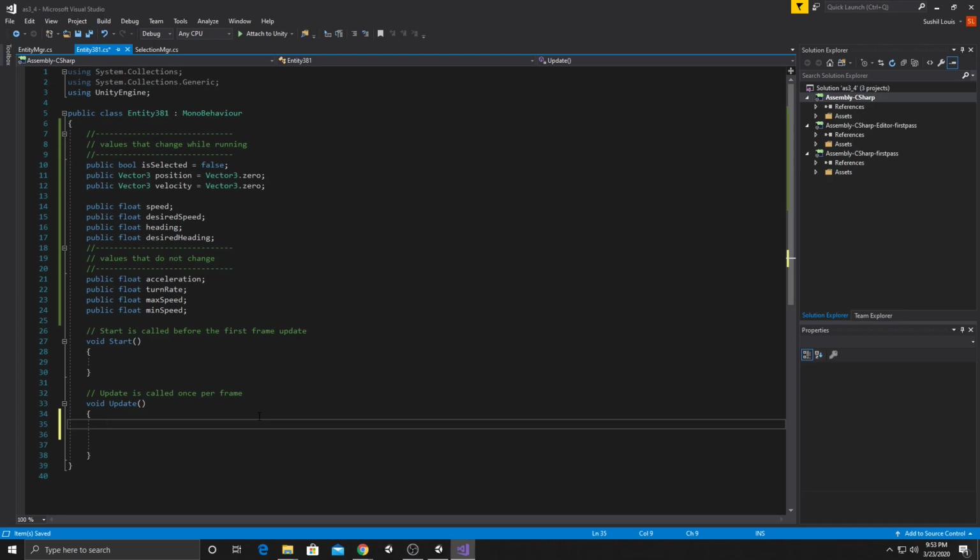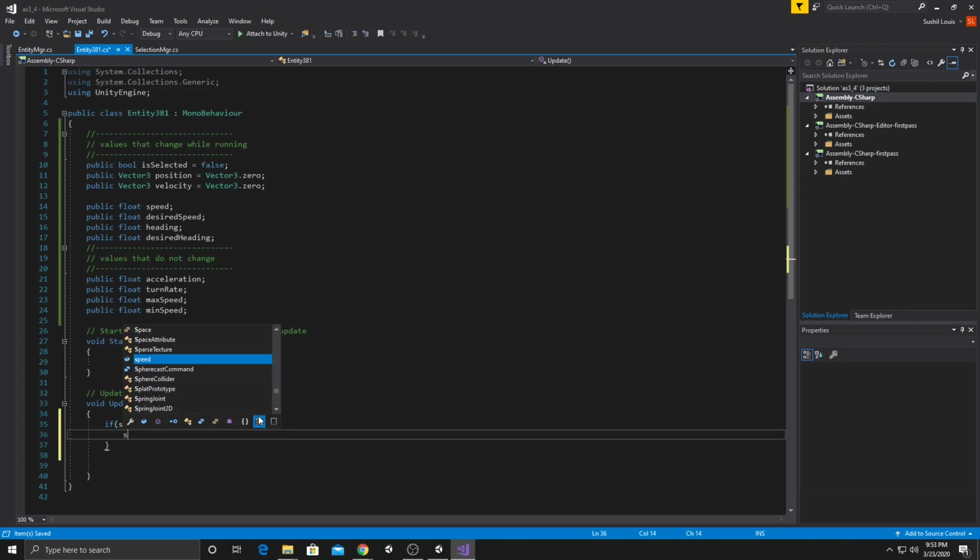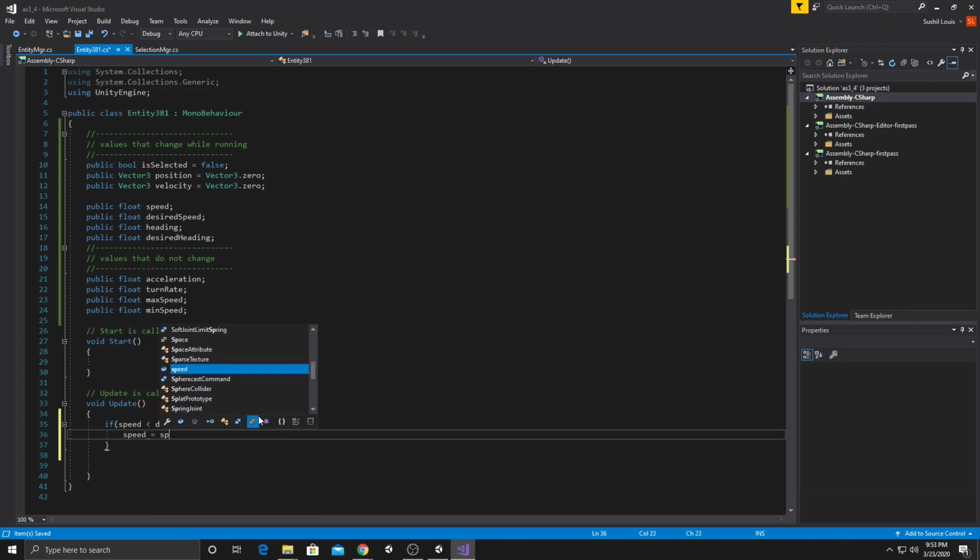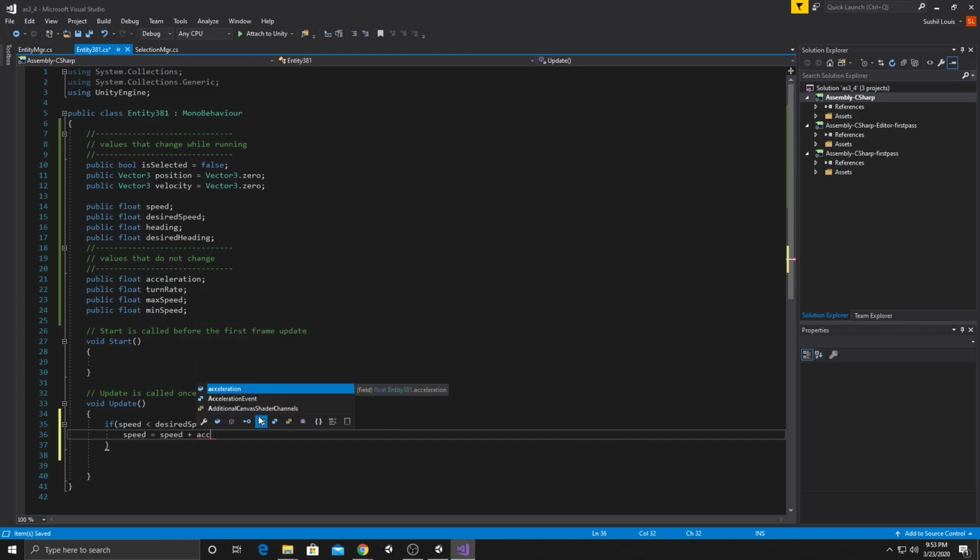So let's do that by saying if speed is less than desired speed, what I want to do is speed equals speed plus acceleration